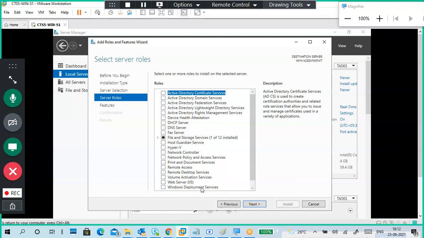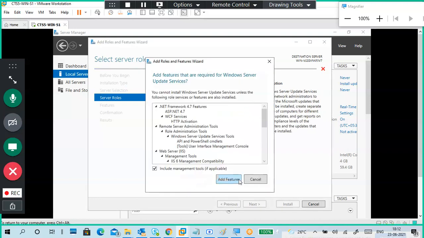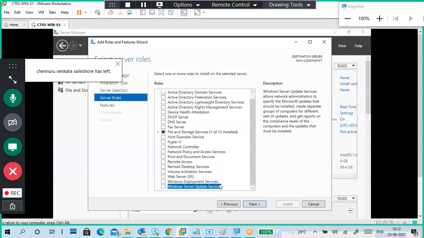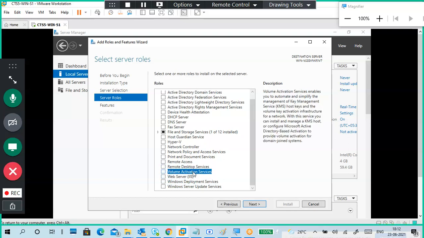Guys, can you see these services? These are all services by Windows Server. Don't click on anything. Just click here and read the description once you have installed it. Windows Update Service provides updates. Deployment service installs the operating system to remote PCs. Web server provides web pages to the client. Volume activation activates the users.